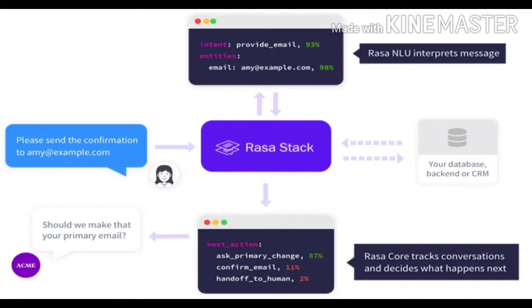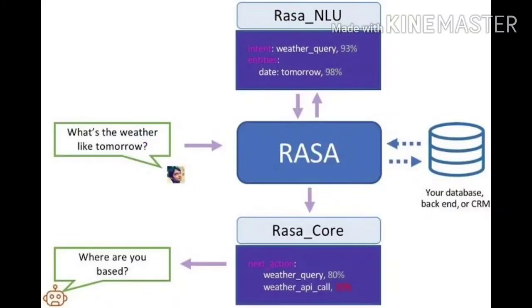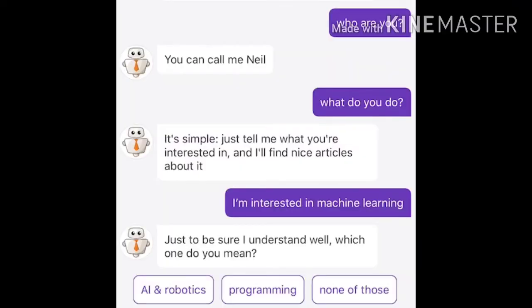Rasa X is a browser-based GUI, that is a graphical user interface tool, which will allow you to train machine learning models by using a GUI-based interactive mode. You have to remember that it's an optional tool in the Rasa software stack, because sometimes Rasa sends user statistics information from your browser to Rasa. So Rasa NLU and Rasa Core are the two main important components in Rasa.